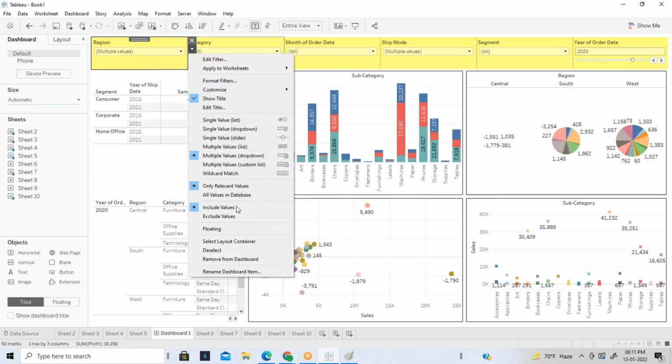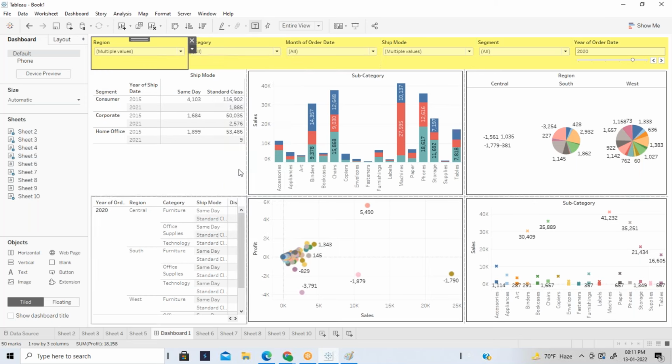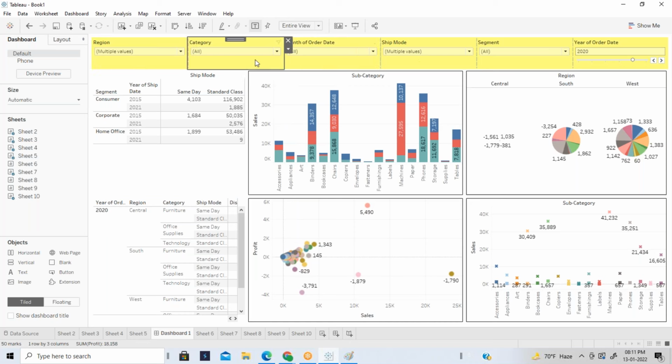Maybe let me not do this because this is higher level. Suppose category and subcategory is the example. Where is the subcategory? I don't see the subcategory filter.